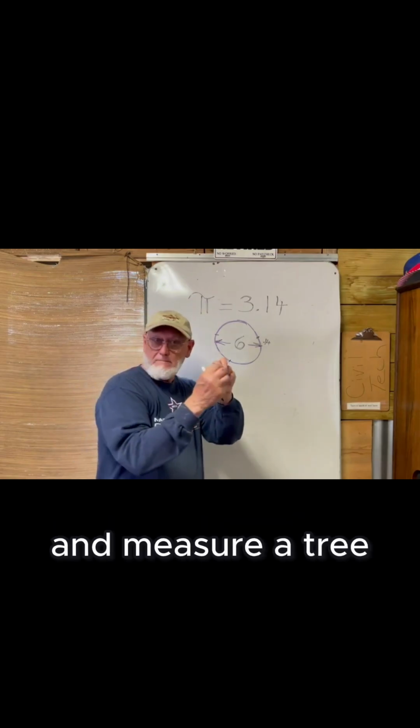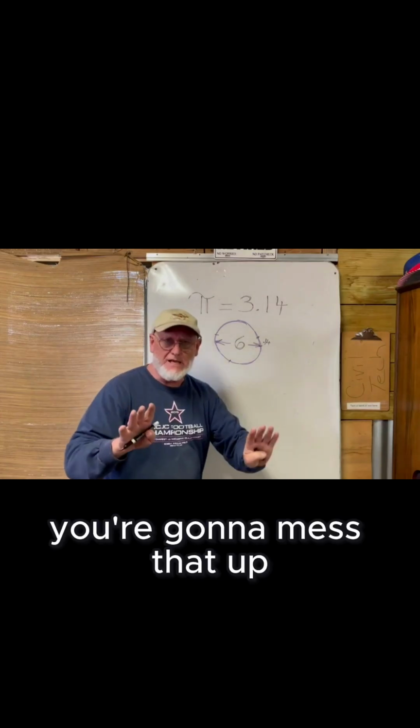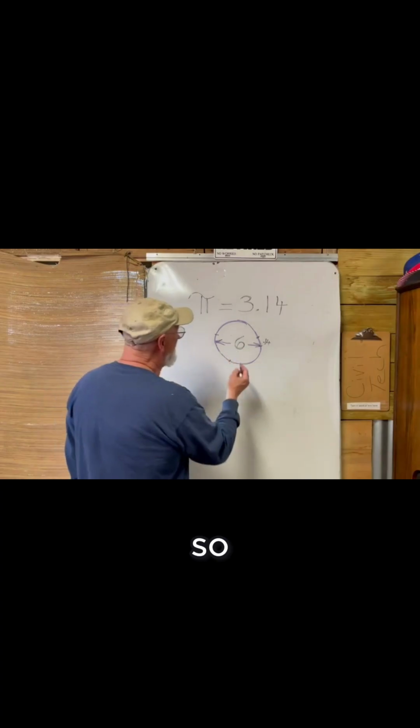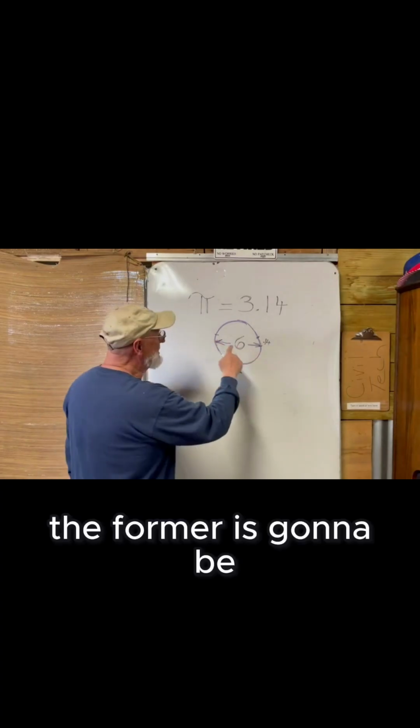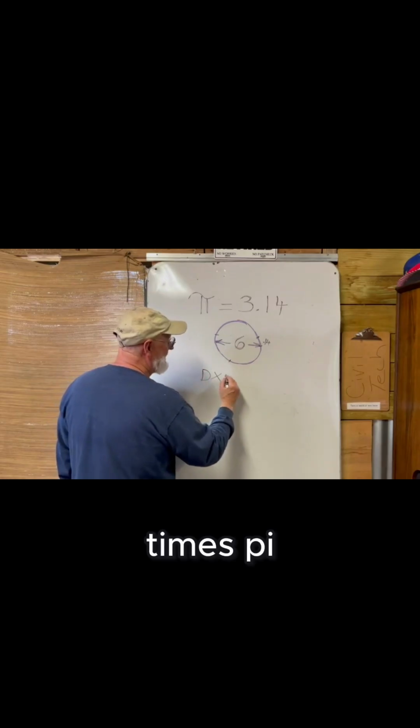So let's see how big a round of a tree that I can cut. Because it's hard to go up and measure a tree. You can kind of hold it up like this and go, oh, that looks about right. But you're going to mess that up, right? Let's do it scientifically or mathematically. So the formula is going to be the diameter times pi